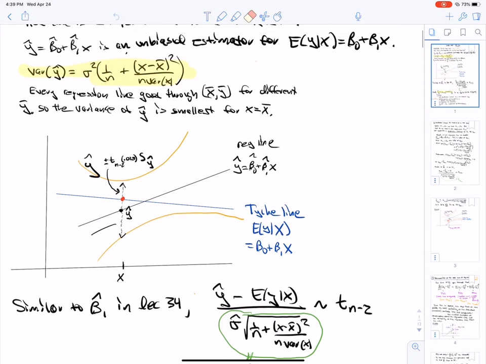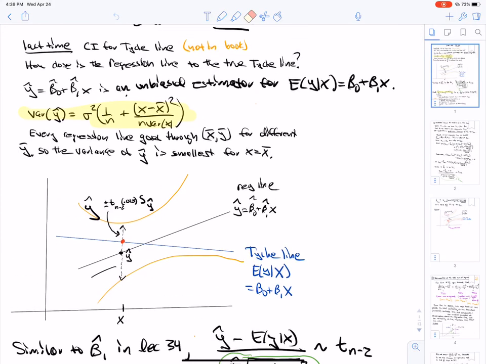Every regression line goes through x bar, y bar for different y bars, right? So x1 to xn is fixed, but every time we give those numbers to Tyche, we get a different y1 to yn, and hence a different regression line. So the variance of the regression line is smallest when x is x bar,